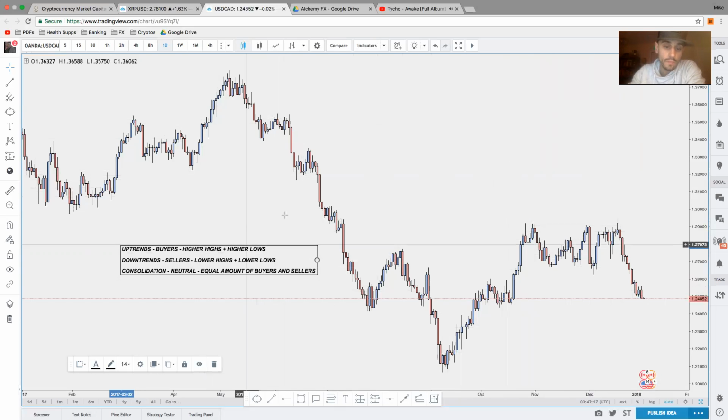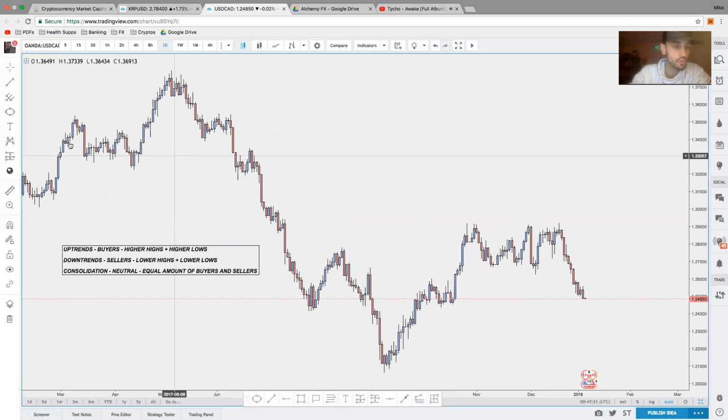So what I'm going to do first is I'm going to draw what an uptrend and a downtrend is, because I want you to see it through that perspective. And then we're going to apply it to the chart, so you have some type of understanding of what I just drew and actually applying it to the real-time charting. So essentially,